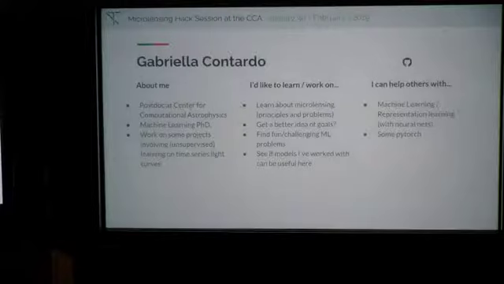Postdoc here at CCA. I'm not from astrophysics. I have a PhD in machine learning, so I'm really new in the field, and especially microlensing. So I'd like to learn a lot about microlensing, about the problems, and get a better idea of everything that's